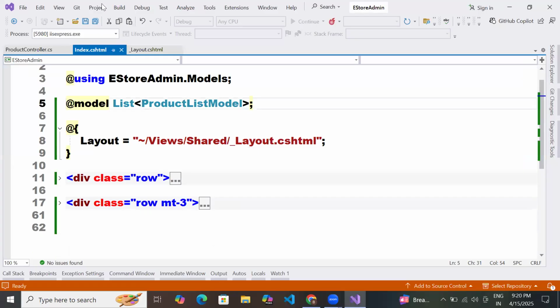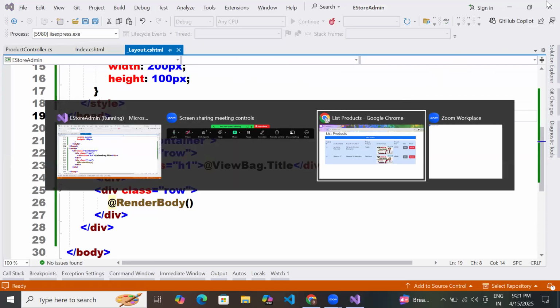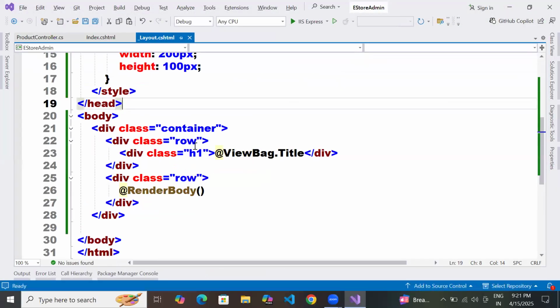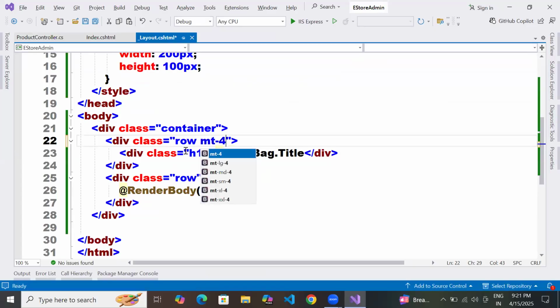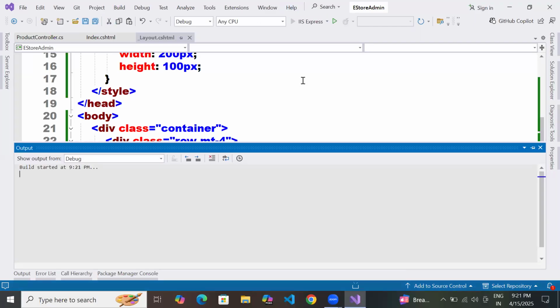Now, one more thing I want to do is create some space in the layout. So how to create a space in the layout? Basically here, I say empty-4. And then I want my header to be center aligned. Text-center. Clear my point? Now, if you run it,